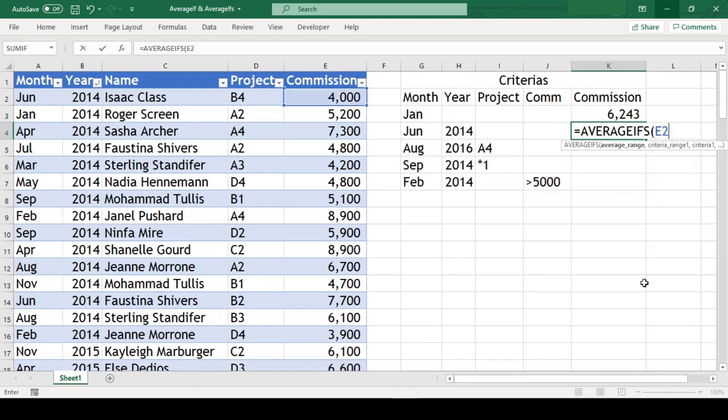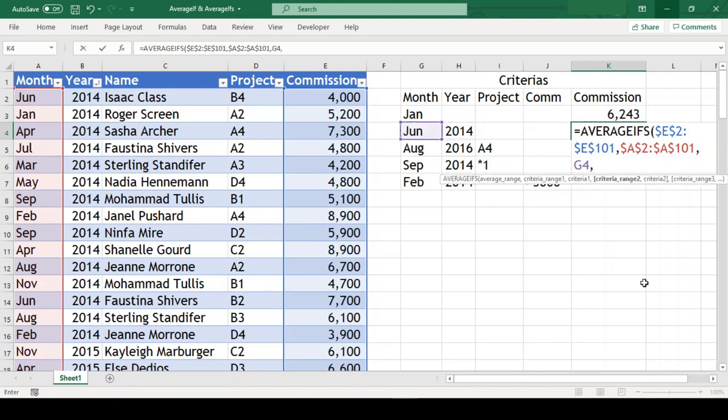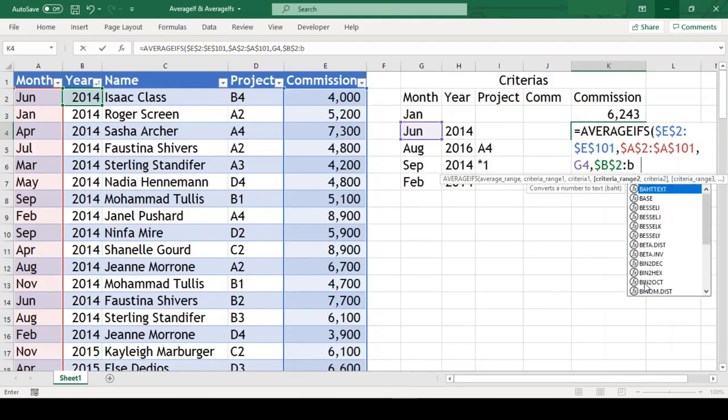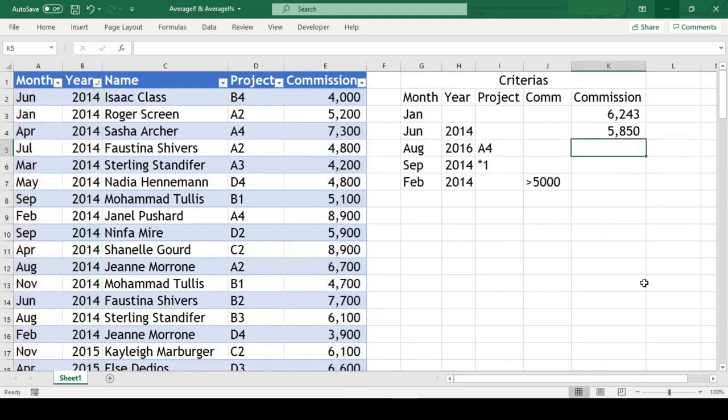So our average range is E2 till E101, comma. Our criteria range is A2 till A101, comma, and criteria is June in cell G4, comma. Our next criteria range is B2 till B101, comma, and criteria is 2014 in cell H4, close parenthesis, and we got our result.